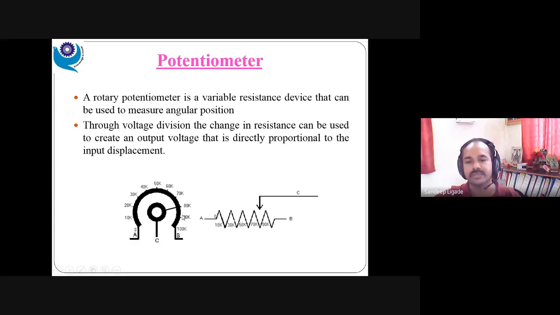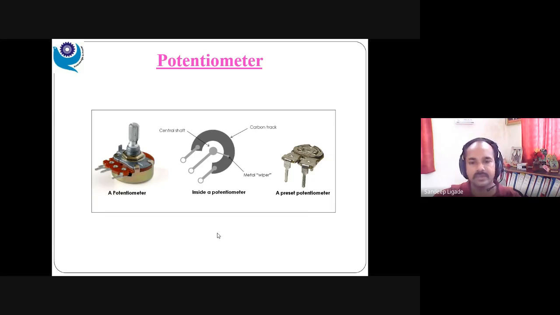This is the simple difference, because here is an angular movement, and here is a linear displacement. So we can have a look at the potentiometer. Practically we can see the potentiometer in this way, and inside the potentiometer there is a carbon rod, and two aluminum connectors fixed here. This is A, this is B, and this is C1. These all are the aluminum connectors. You can see leads are there, and this is a carbon material.